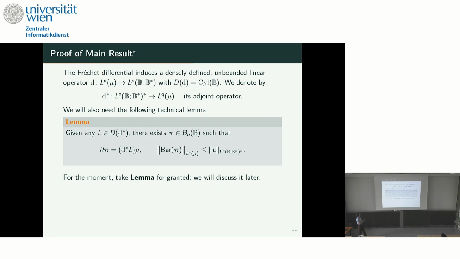So given any element in the domain of the adjoint operator, there exists a plan in my class of plans so that the boundary coincides. So it is absolutely continuous with respect to mu, and the density is given by D star applied to S, and the barycenter. So the norm of the barycenter in L^q is less or equal than the operator norm of my L. Okay, and let us take this lemma for granted for the moment, and go to